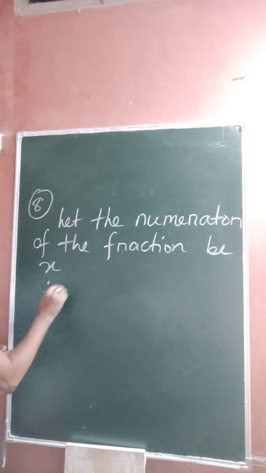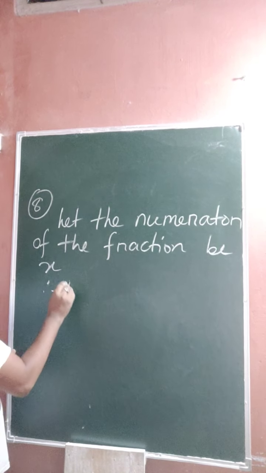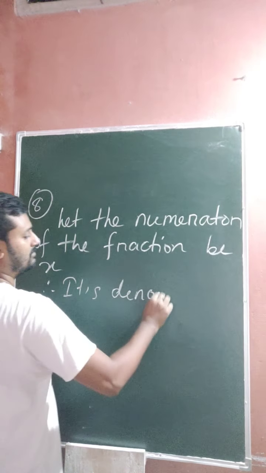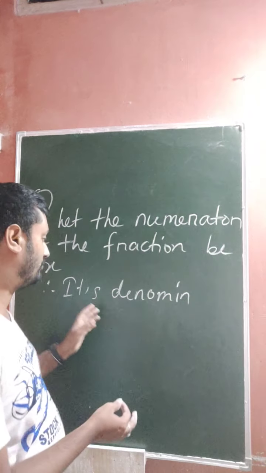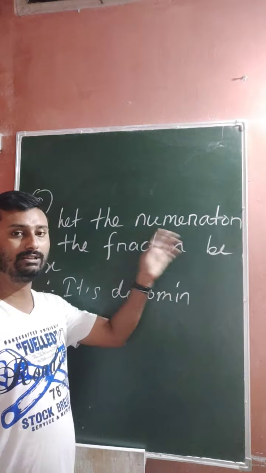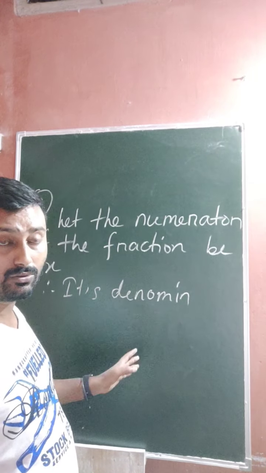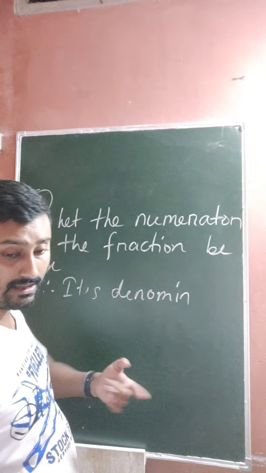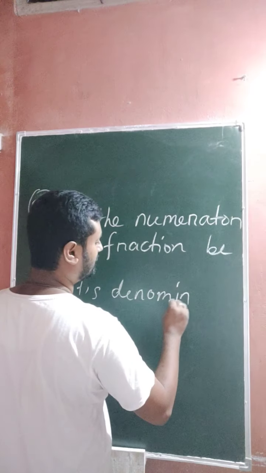So therefore its denominator will be... No need to write this one again. Given that the denominator is 8 more than the numerator, you have to write two or three more conditions. Only write the second condition according to the question. So its denominator,